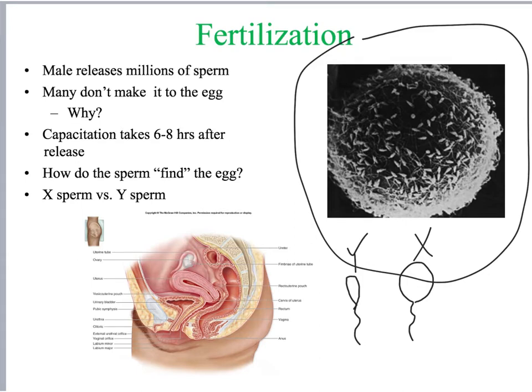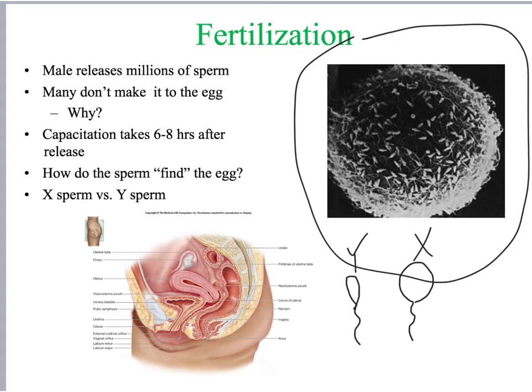Another way is just to spin them down using a very, very gentle centrifuge, and the weight of them lets them sort out appropriately. Now, there was for a long time this method called the Shettles method, named after the doctor that figured this out, where people thought that this was sort of a tortoise and the hare situation, where if an egg were at a certain spot in the fallopian tube, then the Y sperm could get there faster, and if they were further away, then the Y sperm would die. They wouldn't get there as far, but the X sperm would sort of take their time and eventually get all the way to the end.